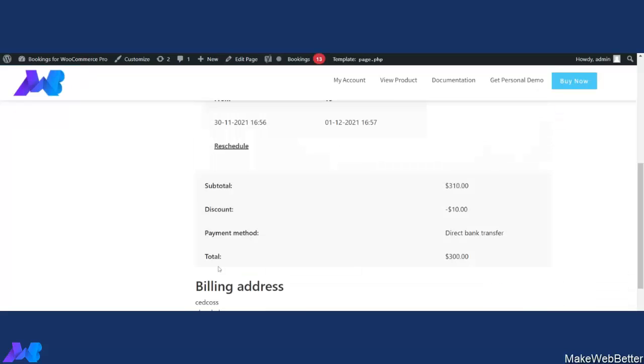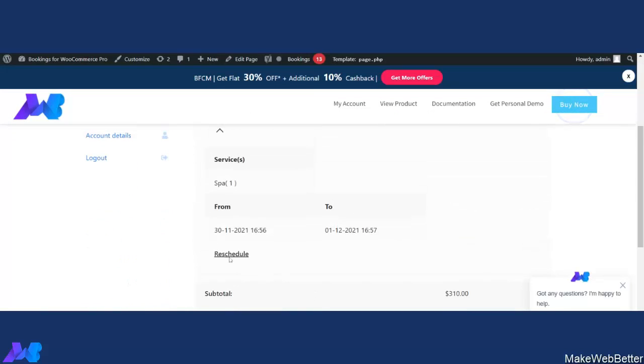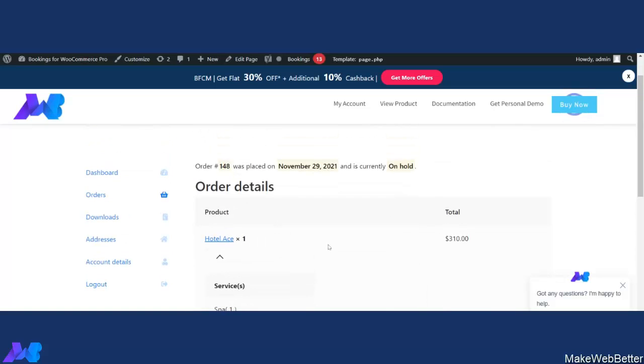As you can see, the disclaimer has come: rescheduled successfully. The date has been changed from 29 to 30 to 1st December. So this is how you can easily allow customers to reschedule their bookings as per your business requirements.